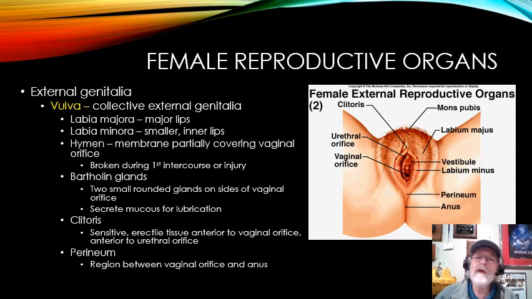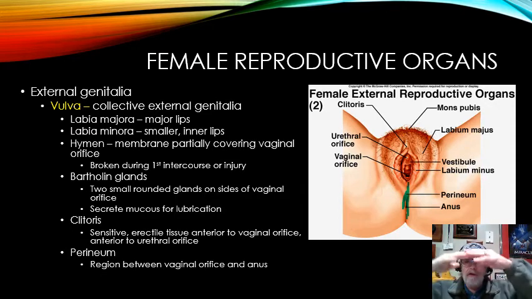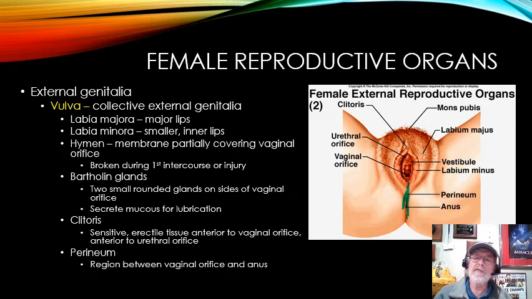The other area we should talk about on this slide is called the perineum. The perineum is the area back in this area between the external genitalia and the anus. It's an interesting area because there's not much there. If you palpate down in that area, you might feel a very small ridge of skin that goes back towards the anus, and that's sort of a line where a number of the muscles that support the pelvic organs sit, which is called the pelvic diaphragm, a group of muscles that actually hold things up.